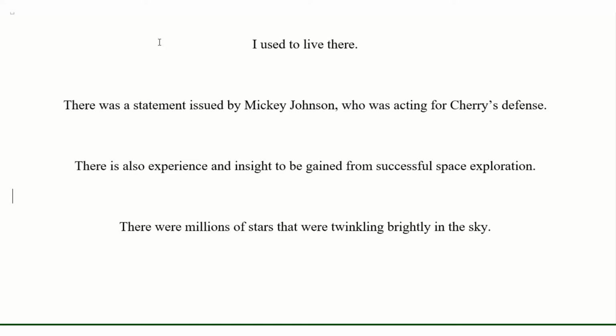That's not outer space. It doesn't refer to anything. And the main verb there, the be verb, is also. And again, the third sentence: there were millions of stars that were twinkling brightly in the sky. Again, all you're saying is that the millions of stars existed, right? Not where they were. This "there" in this case doesn't actually refer to the sky. It doesn't tell us really much of anything. And so each of these three sentences, the there was, there is, there were, these variants just tell us that